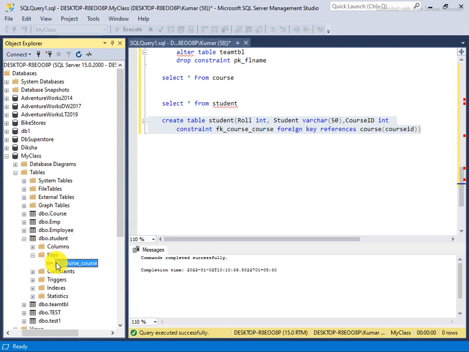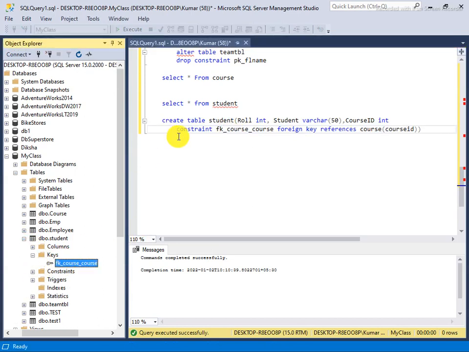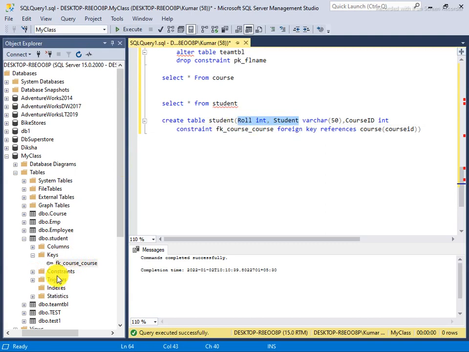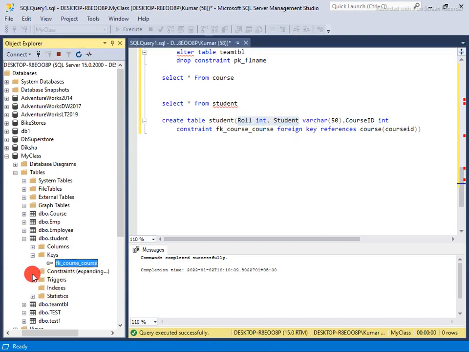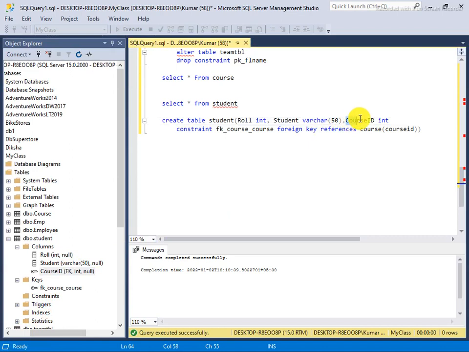So this is the foreign key I mentioned in the key. You will see which is the foreign key, FK course name. Here I have not made any primary key, so that's why index is blank. And if you check the column name, I didn't say course ID is a primary key, not null, so it's showing as null. Student is just normal, which is allowed to be null.